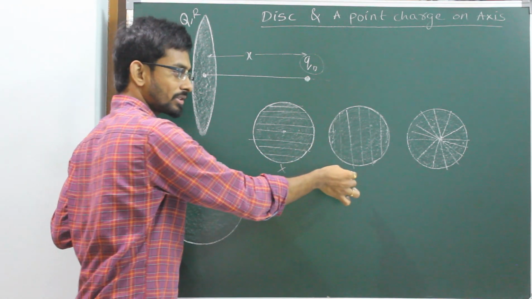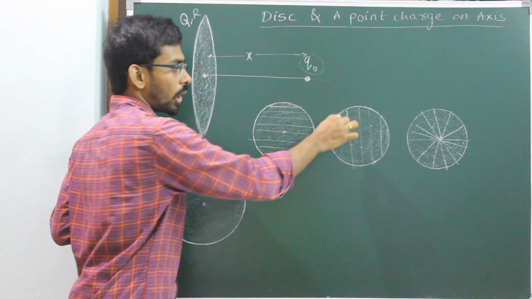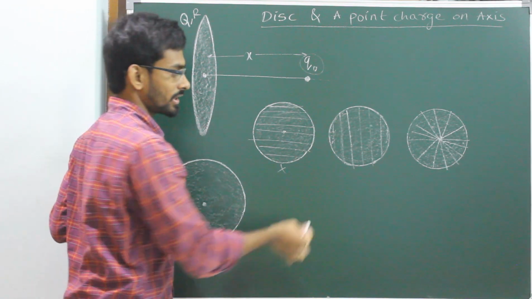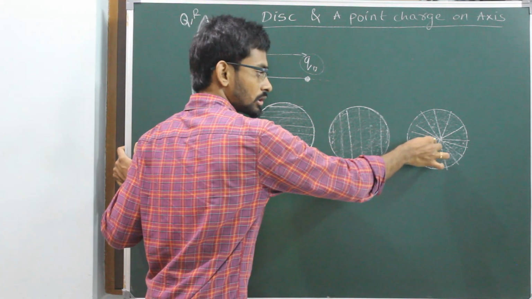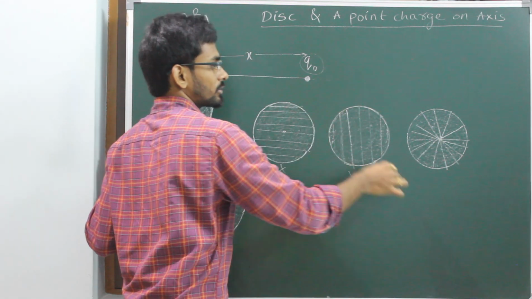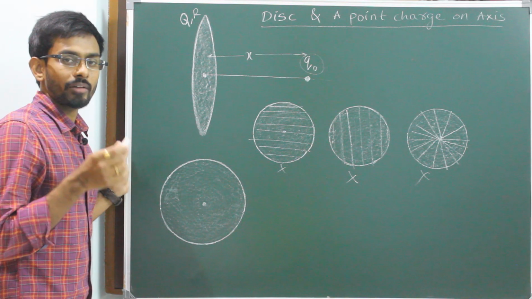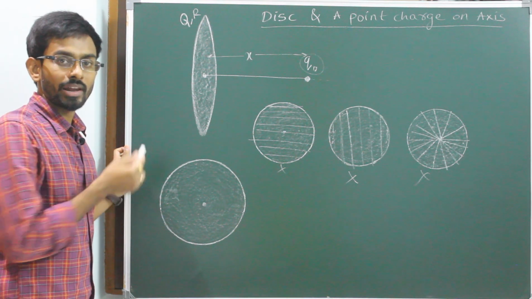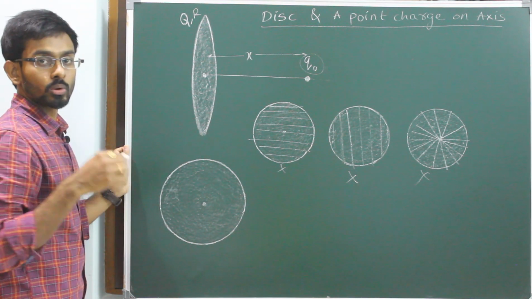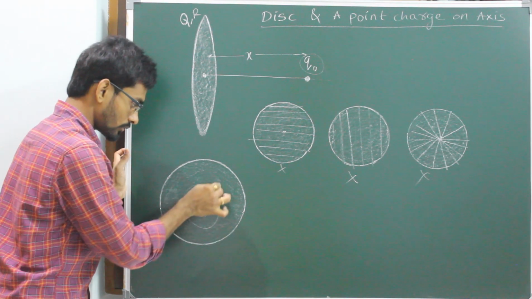Here also in the same case, these are not point charges, they are also line charges, and we don't know how to find the force of interaction between this kind of line charge and a point charge. We didn't discuss that, so it is not possible. Here also, sectors: we don't know how to calculate the force between this sector and this point charge, so this is not possible. Then what is the way? Just now we have calculated the force of interaction between a ring and a point charge. So now what you can do is break this disc into concentric rings like this. So we can break it into rings.